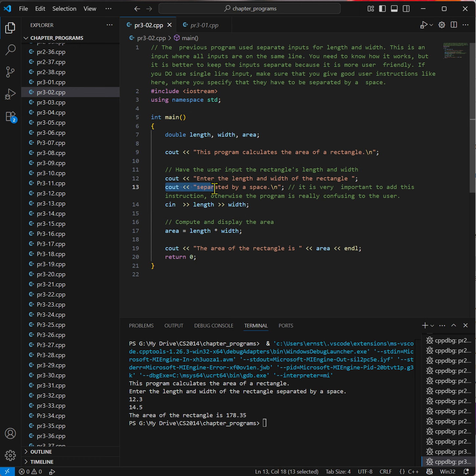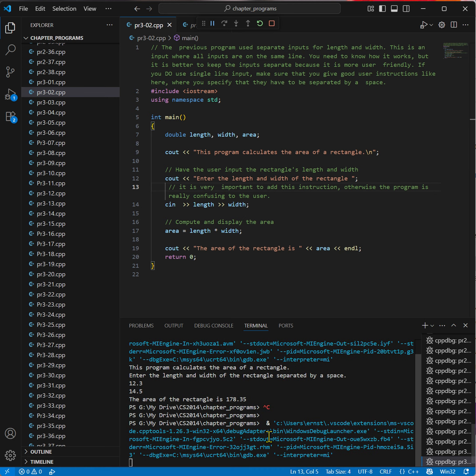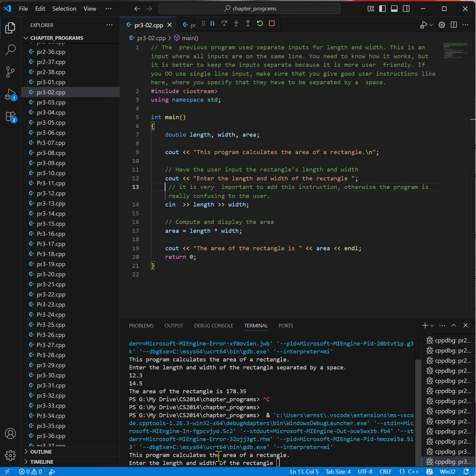If you don't specify how it's going to be separated over here, you could run into some problems. It might be confusing to the user. So what I'm going to do is I'm just going to delete this cout statement over here. So now the user only sees this. The program calculates the area of a rectangle, enter the length and width of the rectangle,